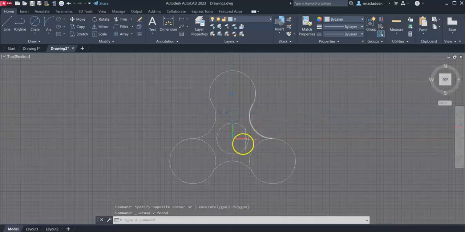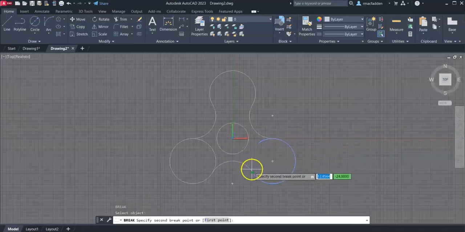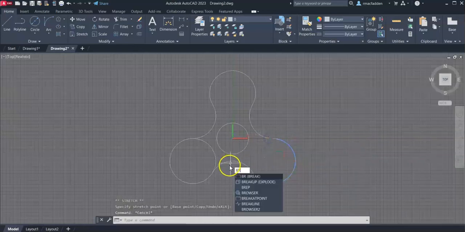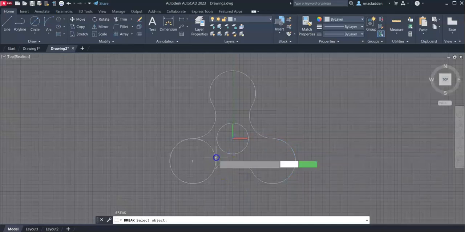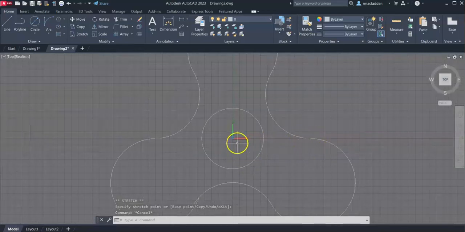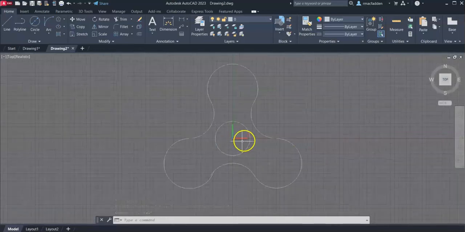Now I have some layout lines there that I no longer need. I'll be getting rid of those and repeating this break process on my other pieces. And there we go. So here I have 3 radiuses, everything coming together, and the basic shape of my fidget